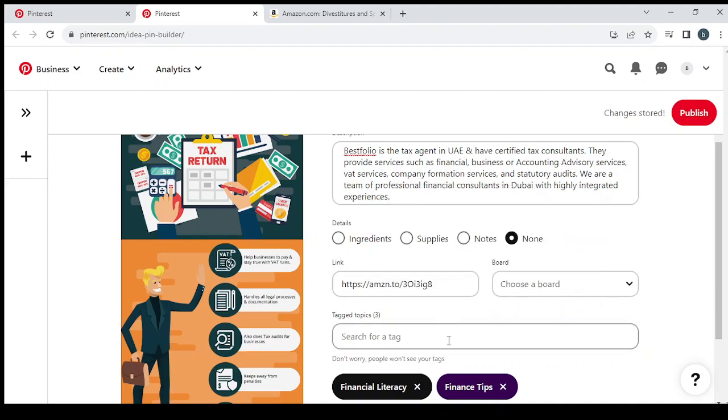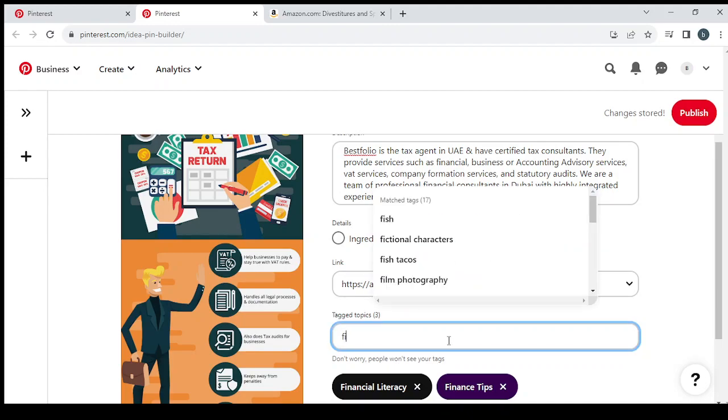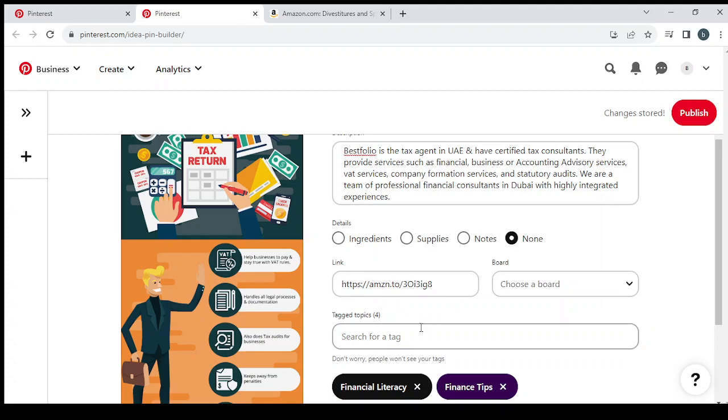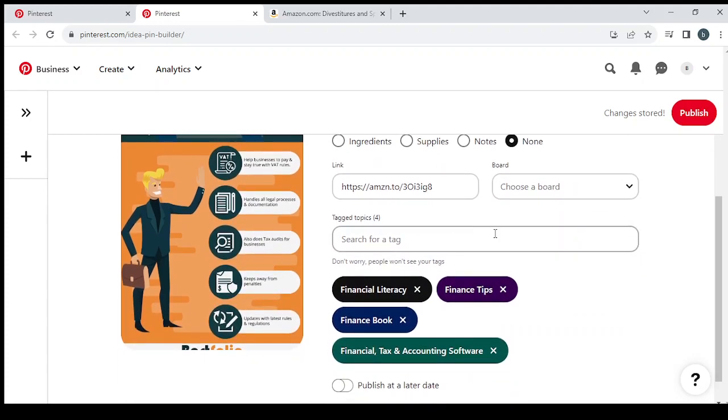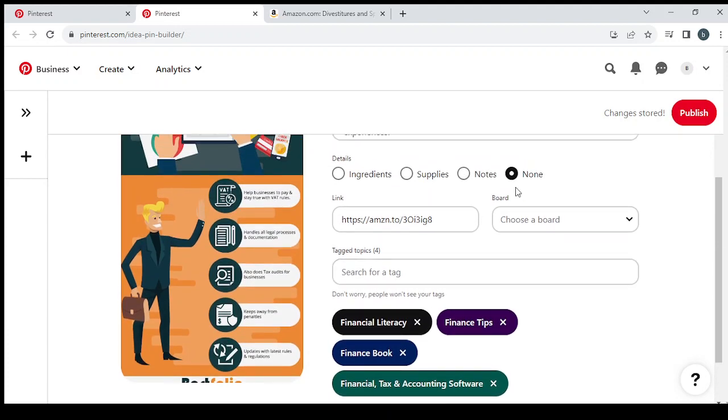Finance book. Finance tax and accounting software. So I think you get the idea, guys. You just choose as many tags as you can find,